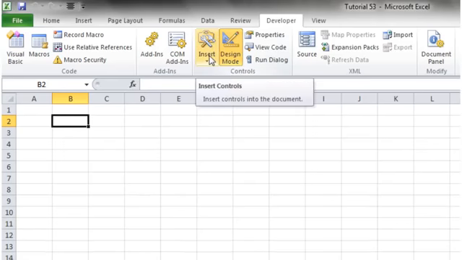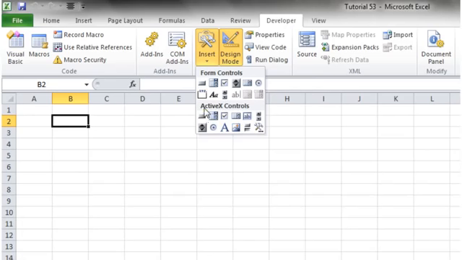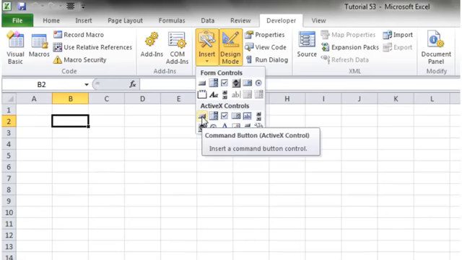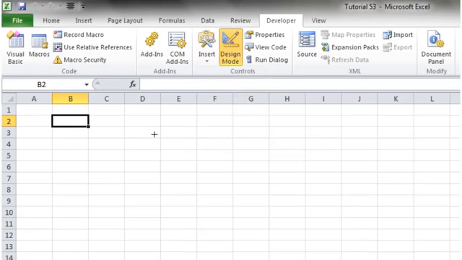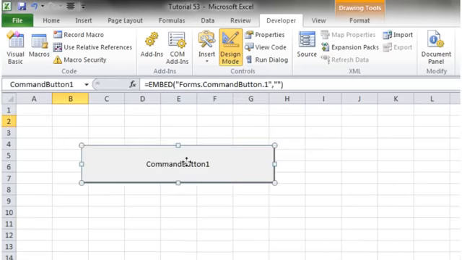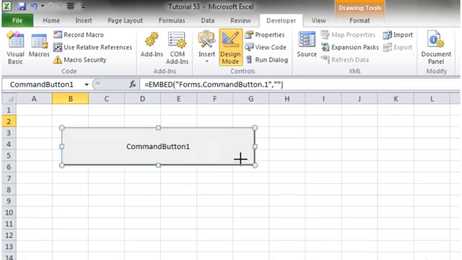The next thing you want to use is this insert symbol, and this is where all our ActiveX controls are. So if you go on this and then go down to ActiveX controls, and don't use the form controls, they're not that useful, just use the ActiveX ones. The first thing I'm going to do is I'm going to have a button, and we drop that in, and then we can shape it and resize it